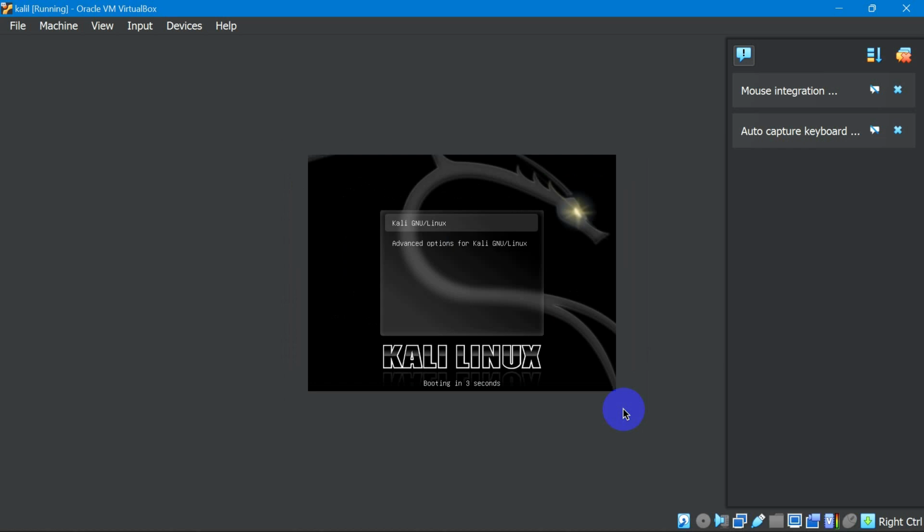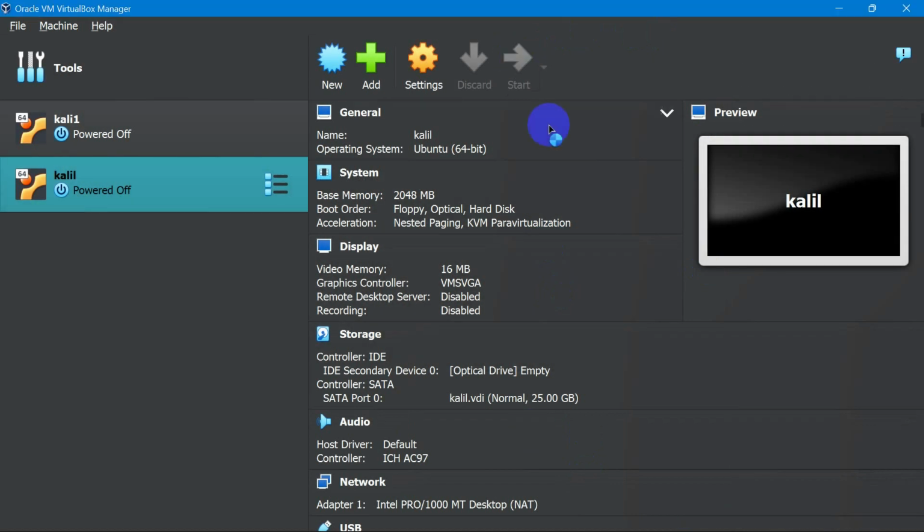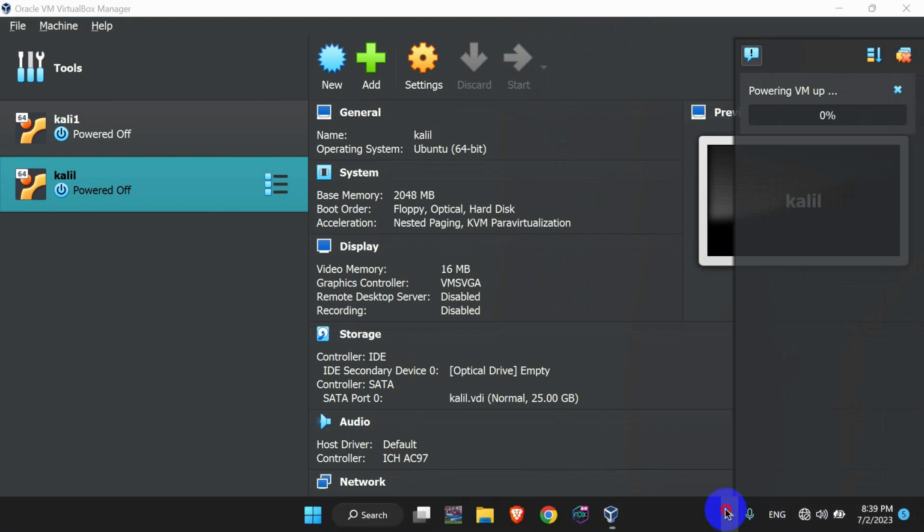So you're just going to leave it to start. It is setting itself up, as you can see. It took a long time. I had to cancel it and save the machine, but I'm going to start it now. It's not going to take any time. Sorry, it took a long time. I had to cancel it and it had to stop for a while.